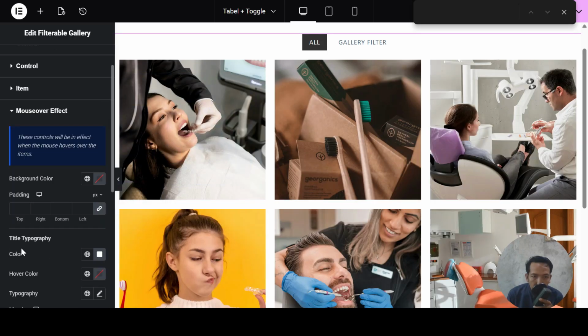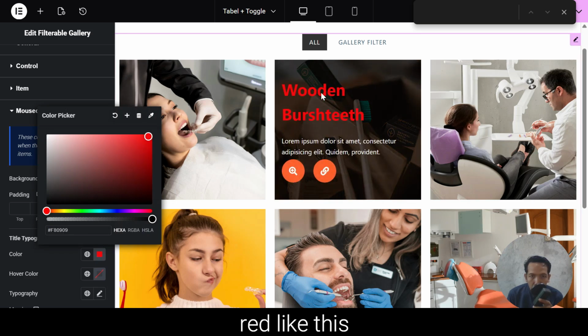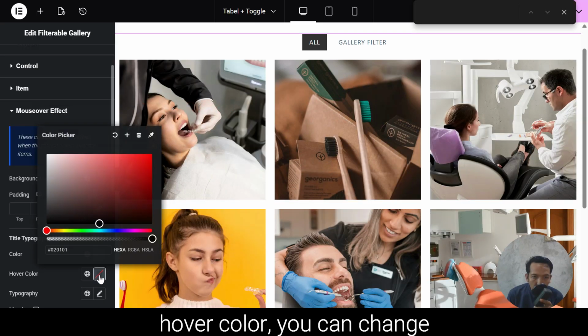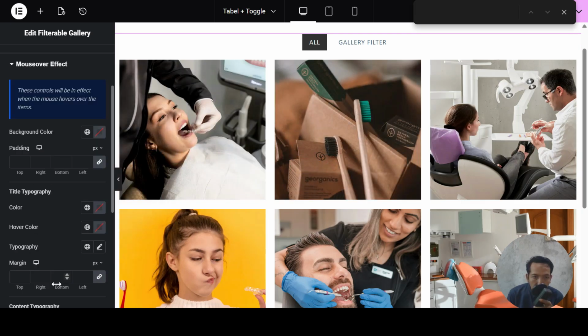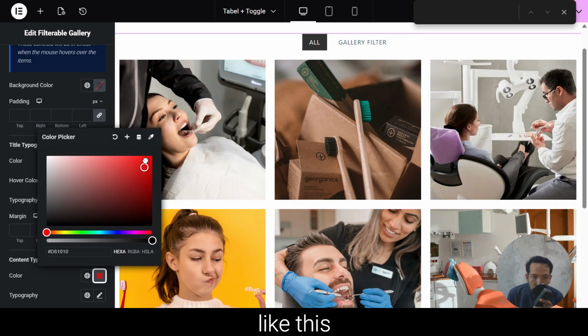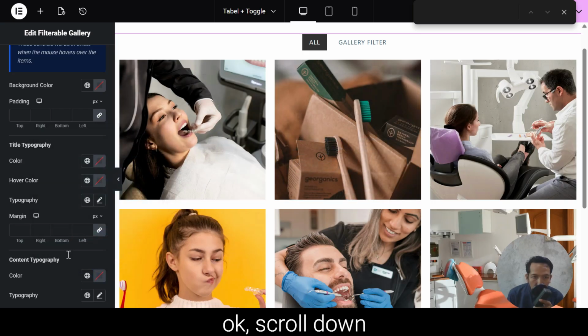Okay, title typography, you can change the color like this, red like this. Hover color, you can change like this, and then content typography like this. Like this. Okay,